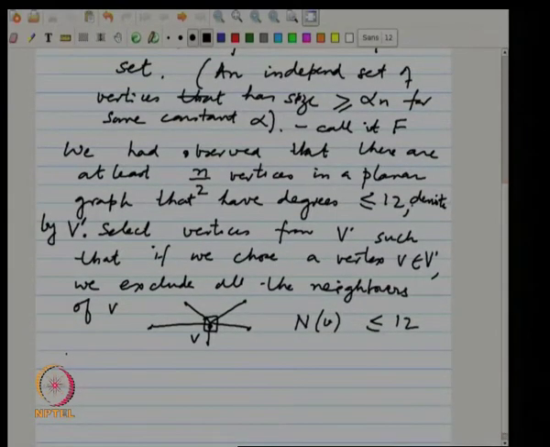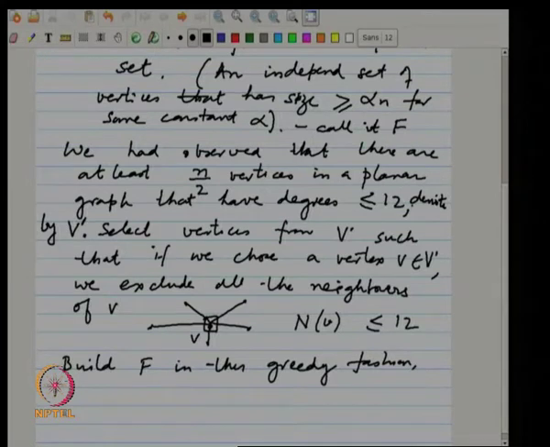If you just do this in a greedy fashion, you start with an arbitrary vertex with degree less than 12, and continue with this process, keep adding to F. So build F this way. If you build F in this greedy fashion, it is guaranteed that the size of F will be greater than or equal to